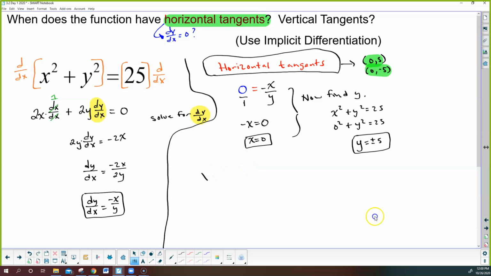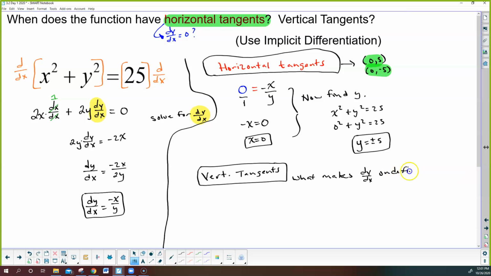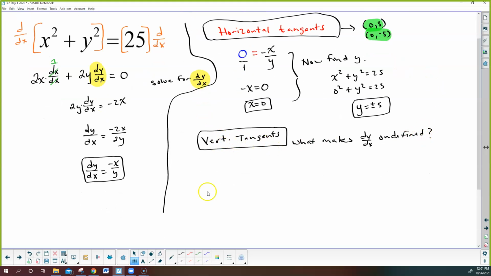Okay, what about the vertical tangents? This is where we have to really think about what makes dy/dx undefined. When is the derivative going to be undefined? Because that's what happens when you have a vertical tangent. Your slope is something divided by 0. Well,